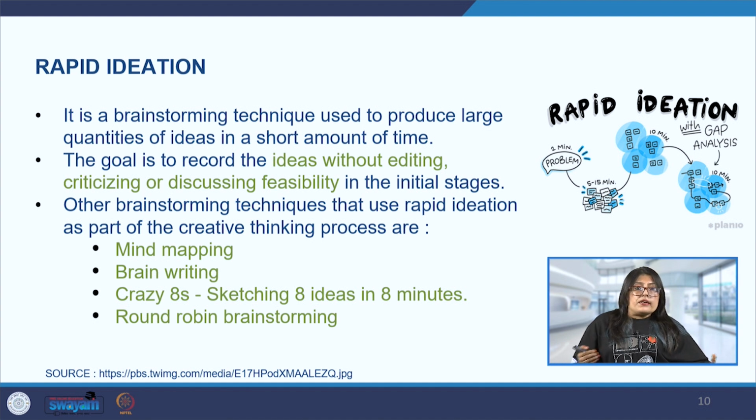So, again, one is working on it objectively. And then round robin brainstorming, wherein the team sits around in a space, and one person starts and the next person adds to it, and so on. The entire team goes around and adds to the ideas that are being offered on a table.